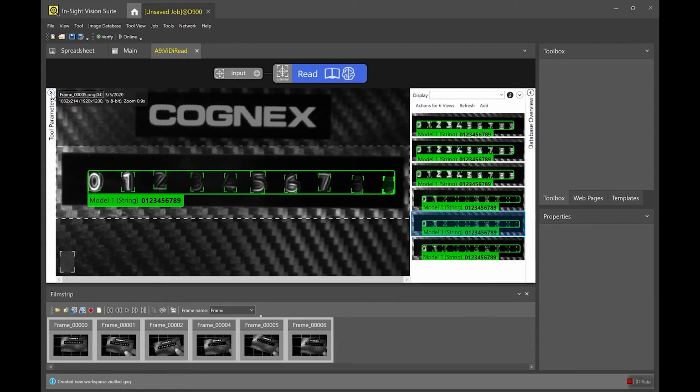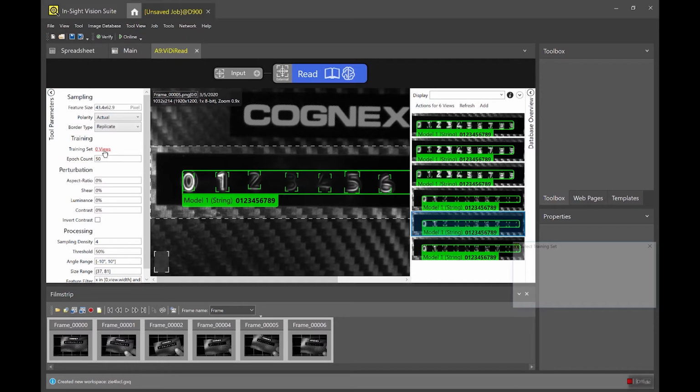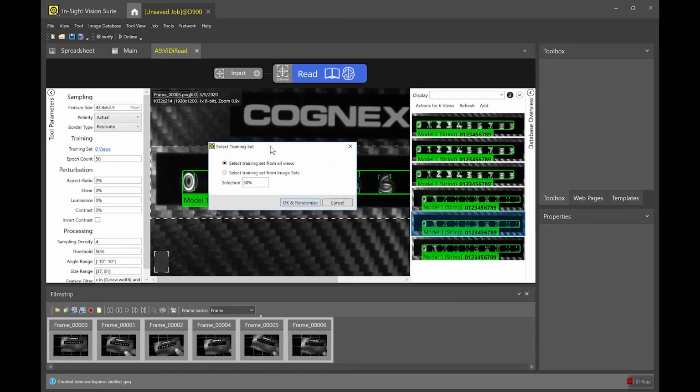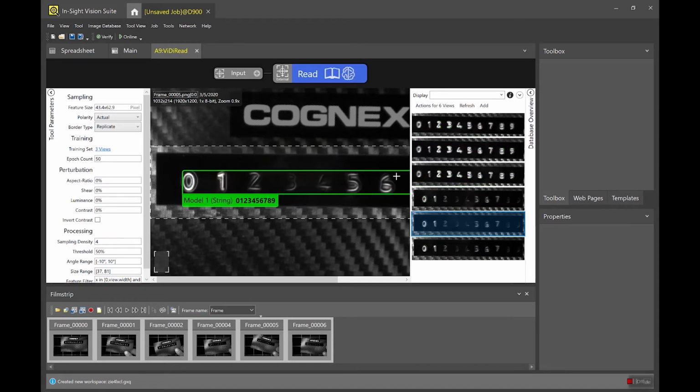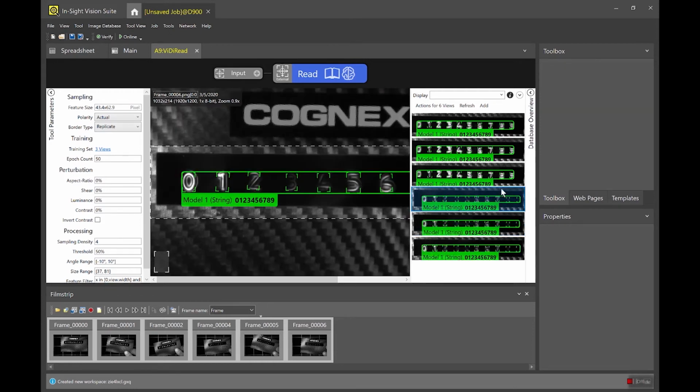So now what I'm going to do is set my training selection. In this case, the default is 50, and I'm going to stick with that. What that means is that ViDi is going to choose 50% of the labeled views for training and the other 50% will be used for testing and for generating the statistical results. So if I press OK and randomize, ViDi will go through and pick half of these to be candidates for training, and